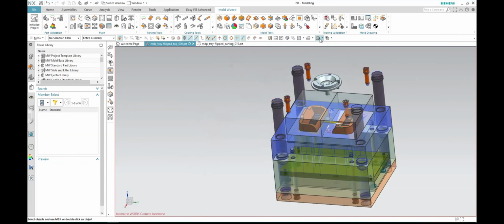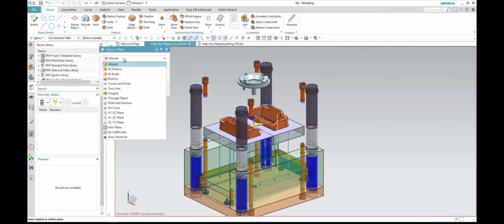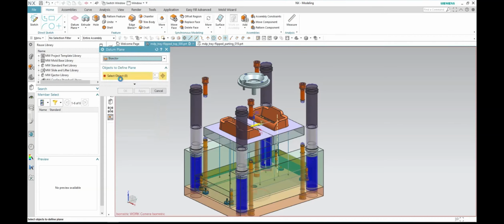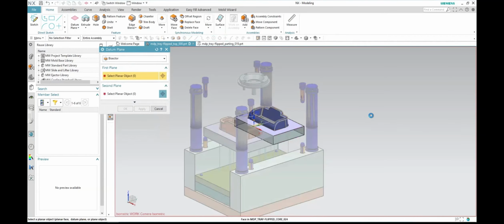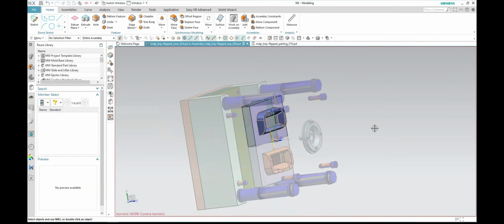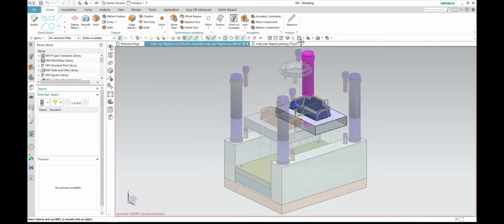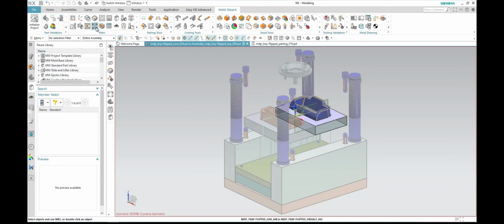And I'm gonna select the, okay, that's better. I go to the home, new datum plane, and I'm gonna make the bisector plane between this and this, and that becomes exactly in the center. And what I will do, I'll go back to Mold Wizard quickly. I will select the runner,